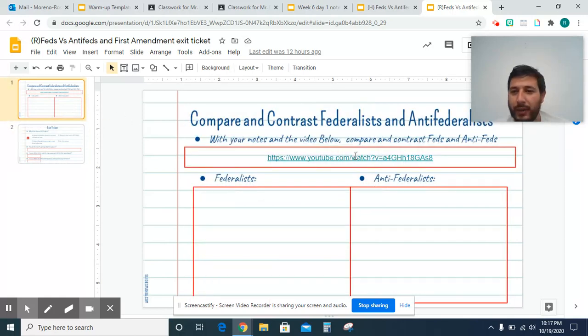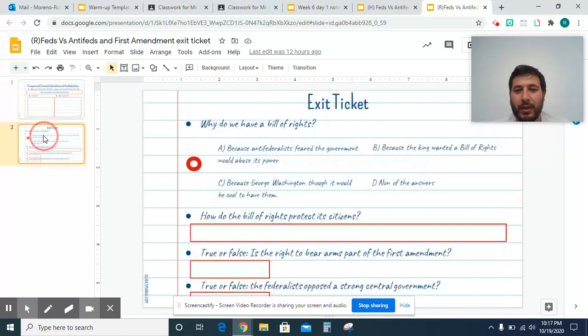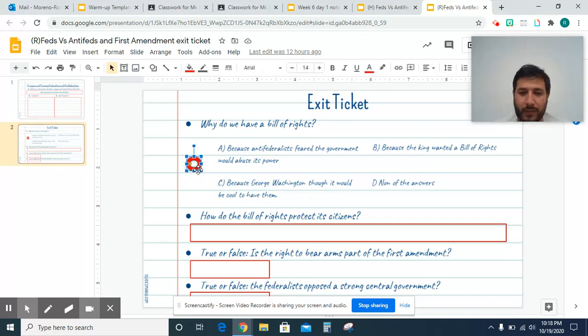So again, you're gonna watch the video and you're gonna compare and contrast, okay? And once you're done with that, then you're gonna go over here. This is your exit ticket. So why do we have the Bill of Rights? And we have the choices. Choice A, because anti-federalists fear the government will abuse its power, because the king wanted the Bill of Rights, because George Washington thought it would be cool to have them, or none of the above, okay? And you can move this one, remember? So you just go ahead and put whatever answer you want,